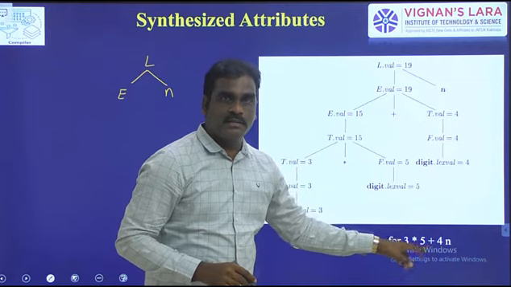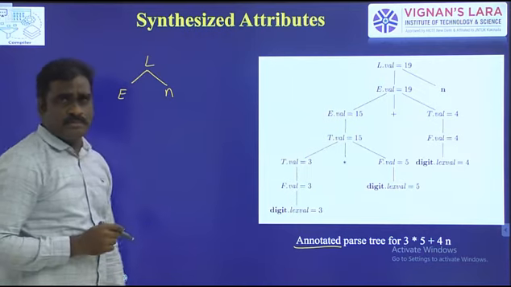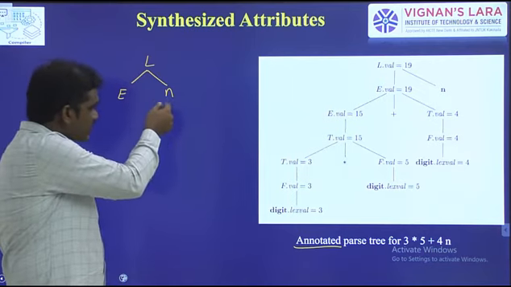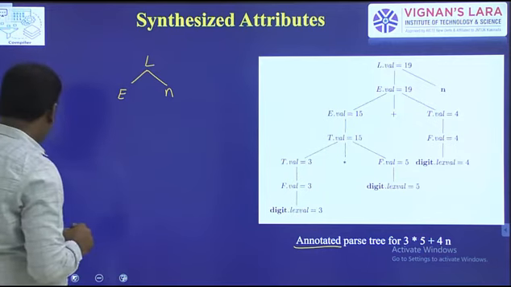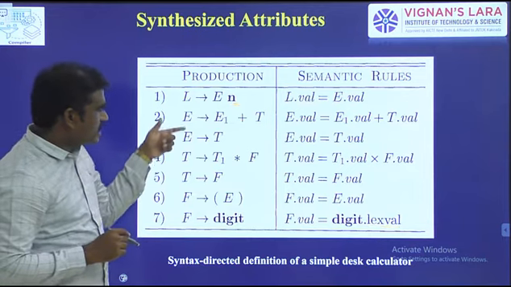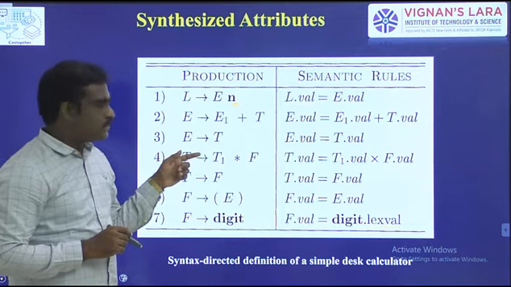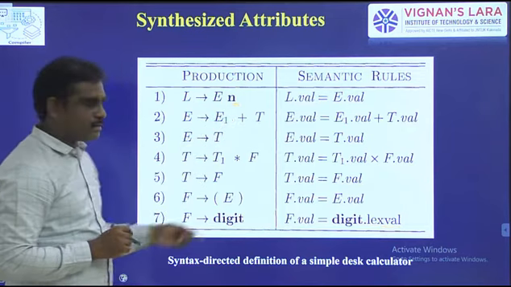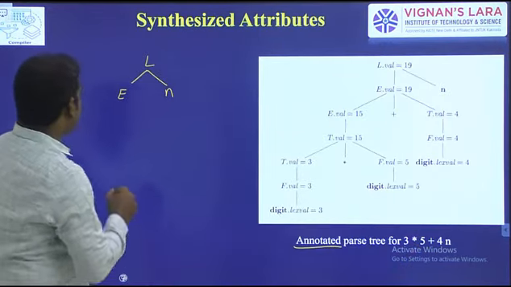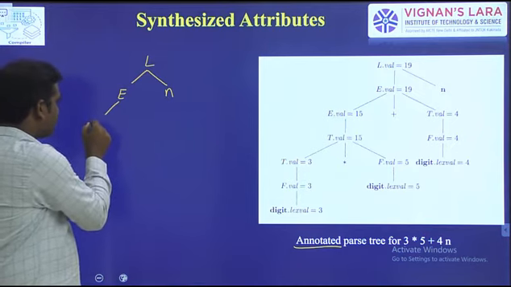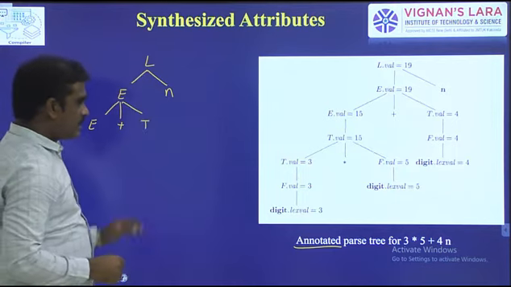The remaining part contains 2 operators and 3 operands. Now, N is a terminal symbol, so it is not possible to add productions, whereas E is a non-terminal symbol. Now E has a total of 2 productions. We can choose E plus T or T. Which one? First select E plus T, because we have to derive star and plus, 2 operators. So E to E plus T.